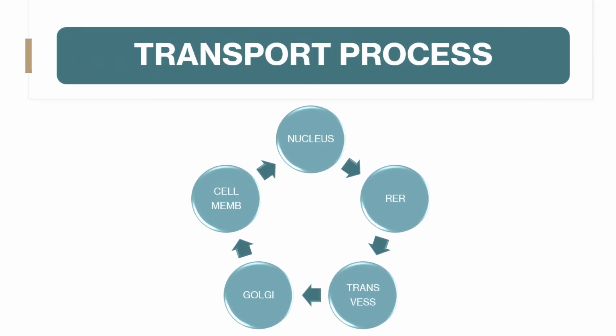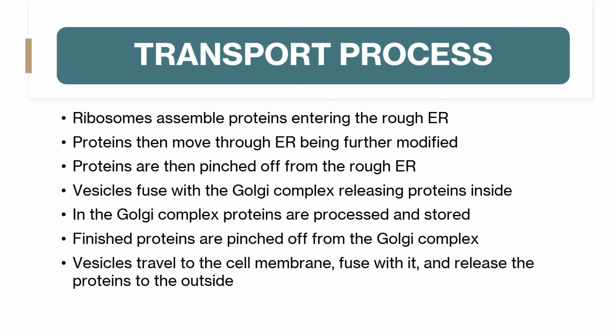Next, we'll talk about the transport process of proteins. This includes the nucleus, the rough endoplasmic reticulum, the transport vesicles, the Golgi complex, and the cell membrane. So with this, ribosomes are going to assemble the proteins that enter the rough ER. Those proteins then will move through the ER, being further modified. After that, they're pinched off from the rough ER,